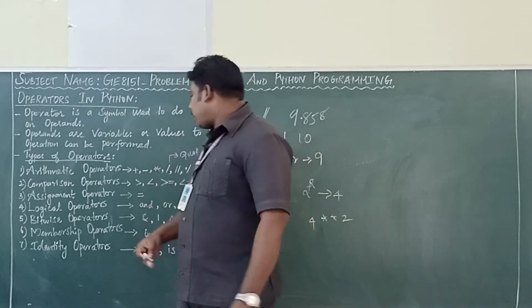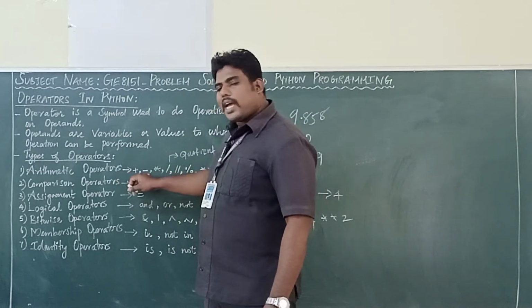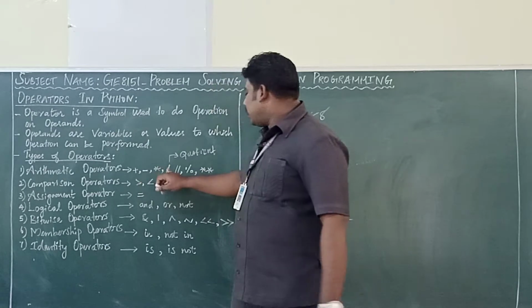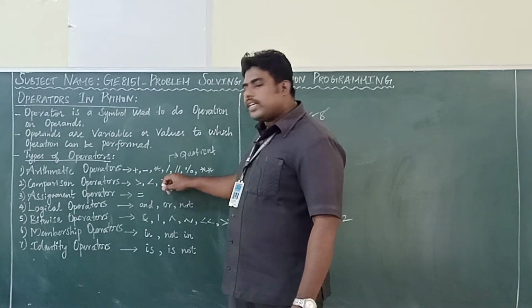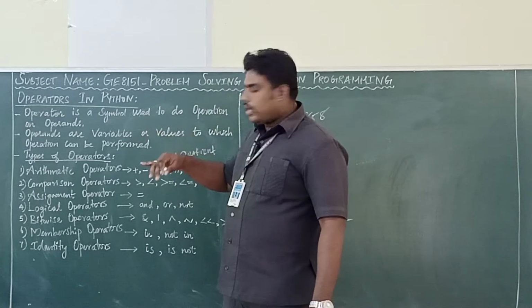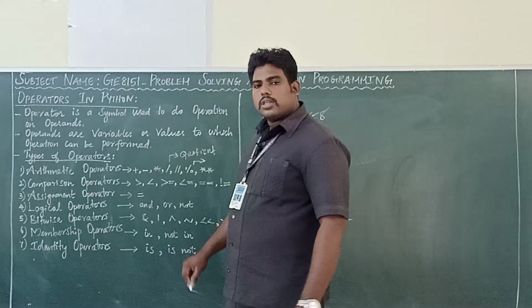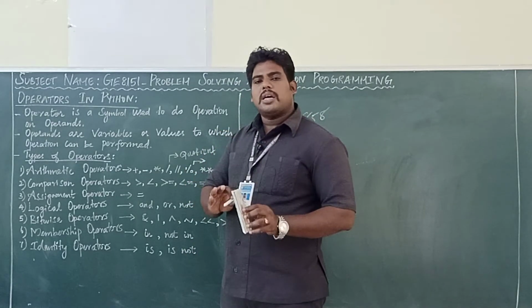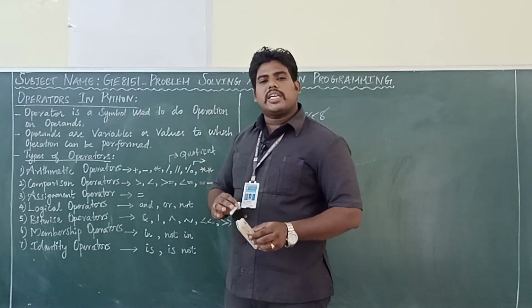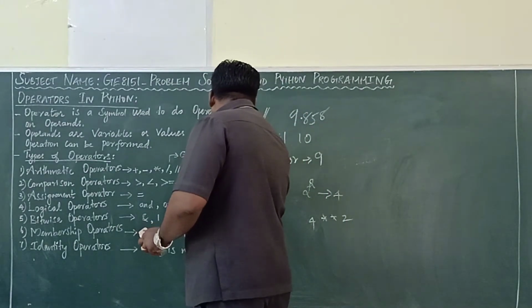So what are the arithmetic operators? Addition, subtraction, multiplication, division, floor division. Floor division means it will take the floor value while rounding. Then what about this percentage symbol? It also performs division, but the answer you get is the remainder. If you want to get the remainder answer,